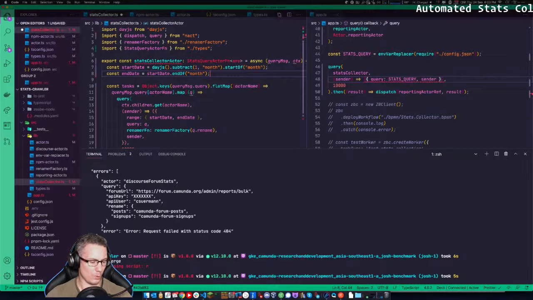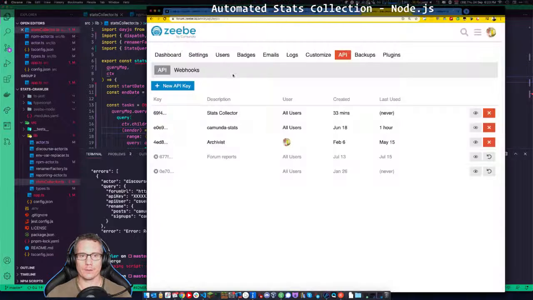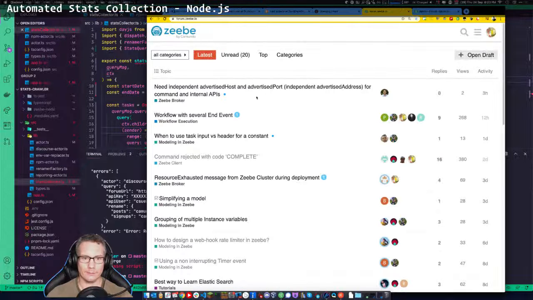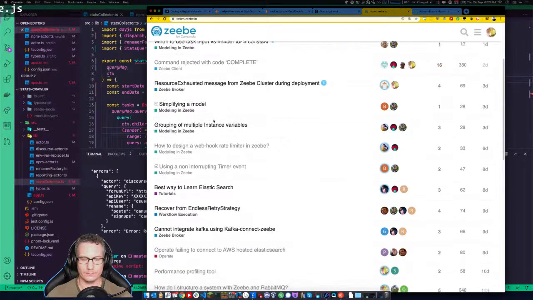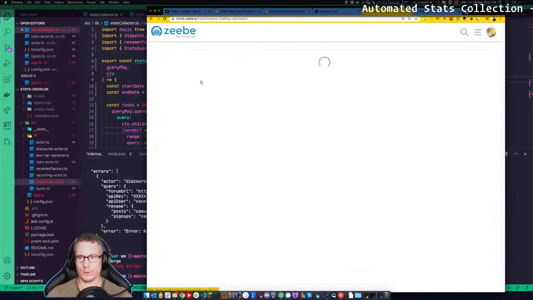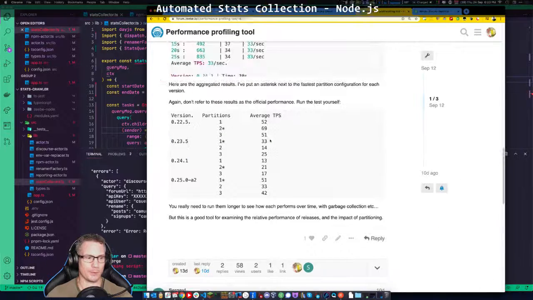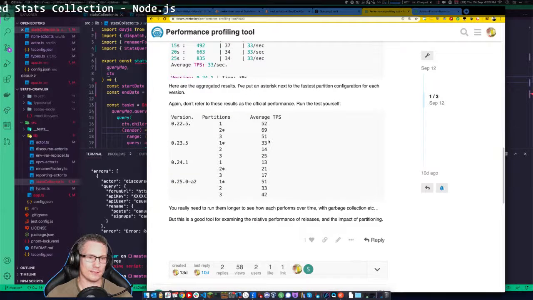0.22.1, that's pretty old school. Although, I don't know if you've seen this. Let's have a look. Performance profiling tool. This might make you feel a bit better about it. Yeah, that's correct. I haven't tried 0.22.1 with this profiling tool, but if you have a look here,